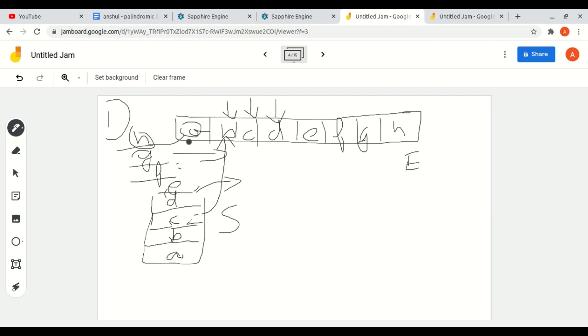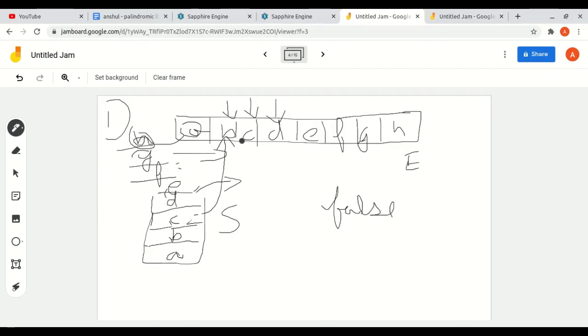If it is, we continue, and as in this example it is not, we return false. We don't have to traverse the whole linked list, because the first condition is false, so we return false right away.